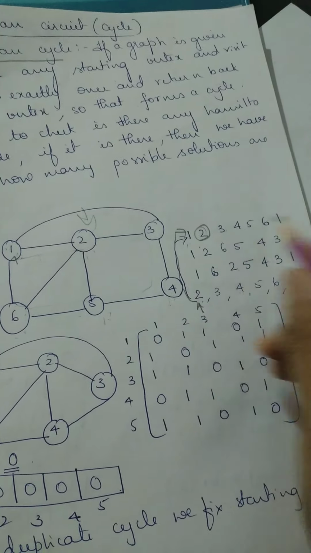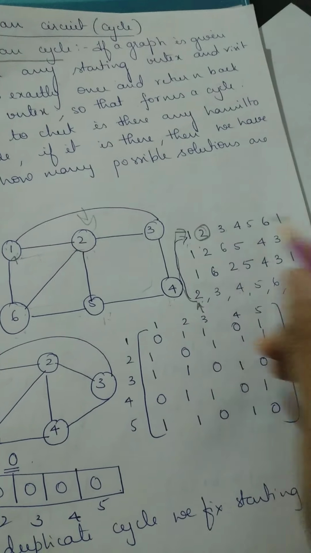I'll take an example of this. This is a cost adjacency matrix of this graph. Initially, I'll take one array X. Initially, everything is set to 0. To avoid duplicate cycles, we always start from vertex 1. So I'll remove the 0 and replace the 0th value by 1. So 1 is set, visited.